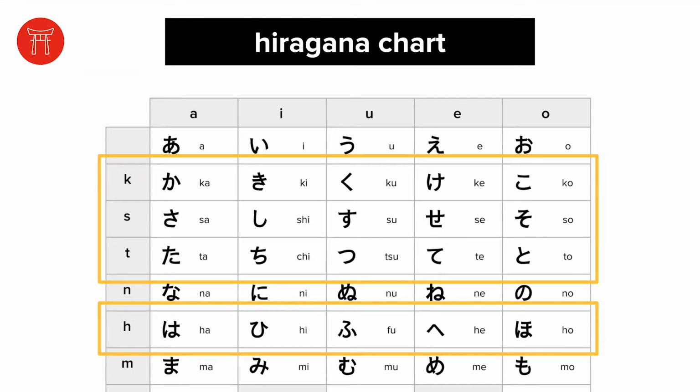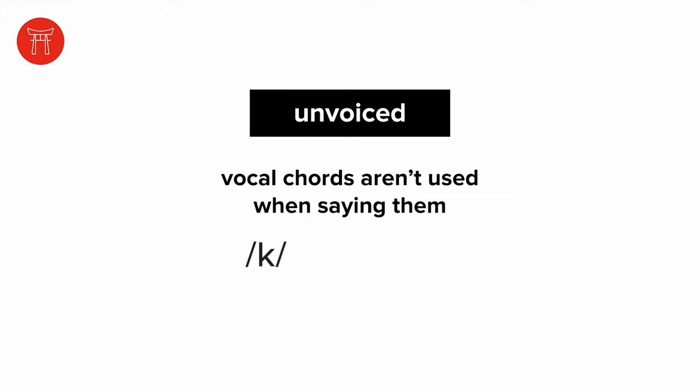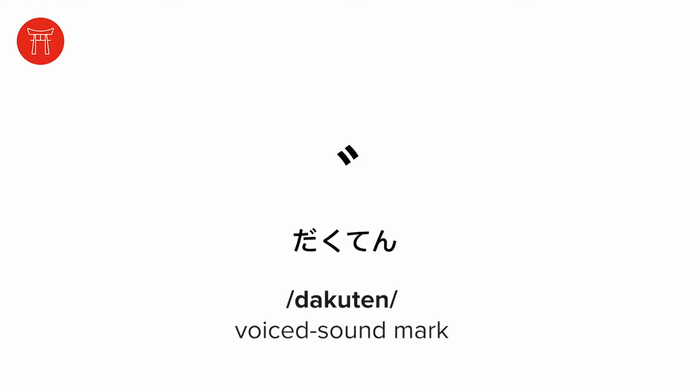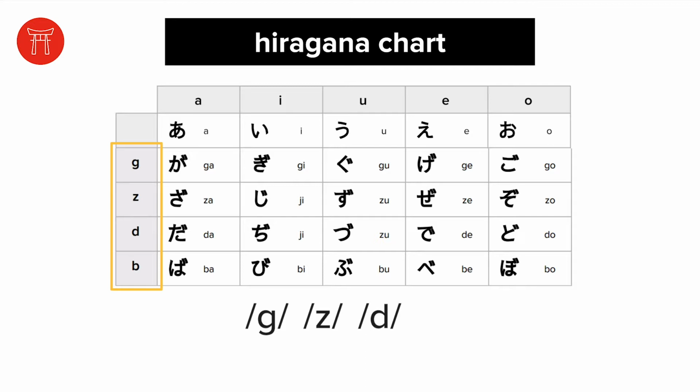Each of the sounds in these four rows starts with k, s, t, or h. They are seion, or unvoiced sounds. They are called unvoiced because you don't use your vocal cords when saying them. K, s, t, h. Now, this mark is called dakuten, or a voiced sound mark. When we add the mark on the upper right corner of this hiragana, they signal that these consonants are now voiced. G, z, d, and